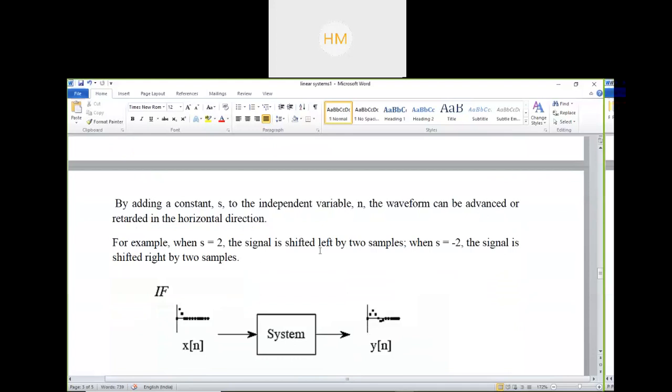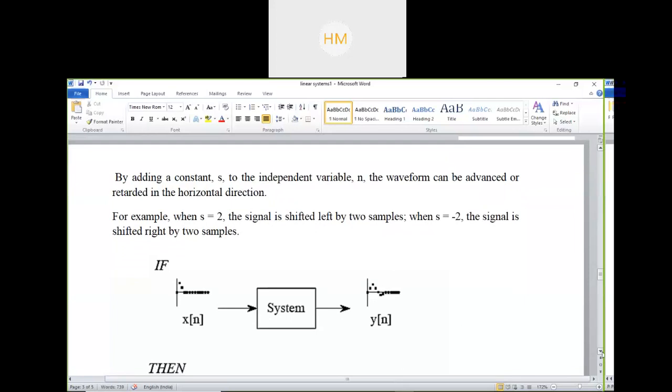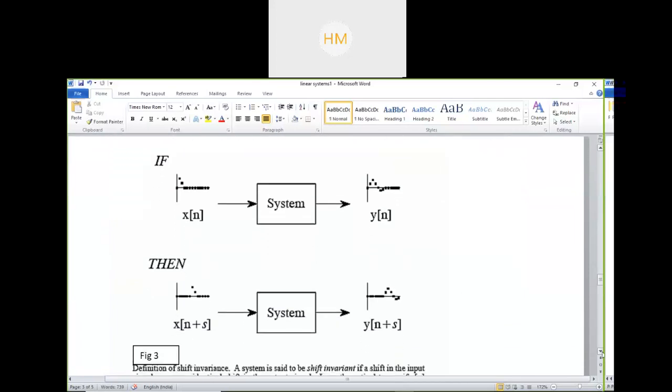By adding a constant s to the independent variable n, the waveform can be advanced or retarded in the horizontal direction. We have seen the effects of shifting and scaling of signals in the horizontal direction, meaning on the independent variable x-axis. For example, when s is equal to 2, the signal is shifted left by 2 samples. When s is equal to -2, the signal is shifted right by 2 samples. Right-hand shifting and left-hand shifting. So we will see the example. If this is my x of n input signal,